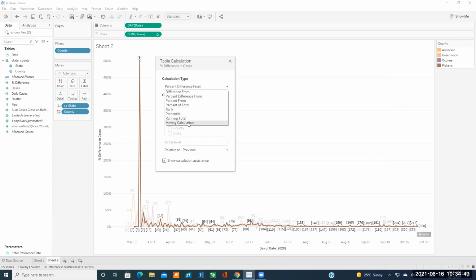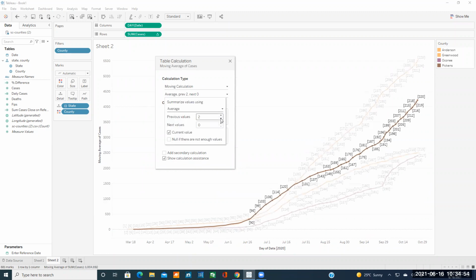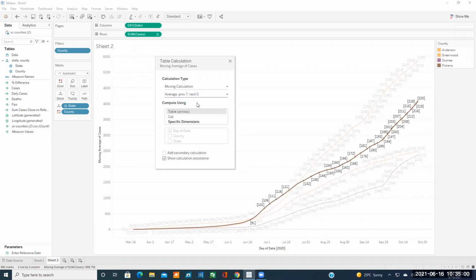Or for example, doing some moving calculation, taking the average, for example, previous. We did all those calculations, for example, calculating the difference from, percentage difference from, or moving calculations. But here, without needing any expression, you are able to calculate any built-in, any common fields by just using the built-in functions that are available in Tableau Desktop. So that's one advantage, that you can just use, calculate this if your calculation